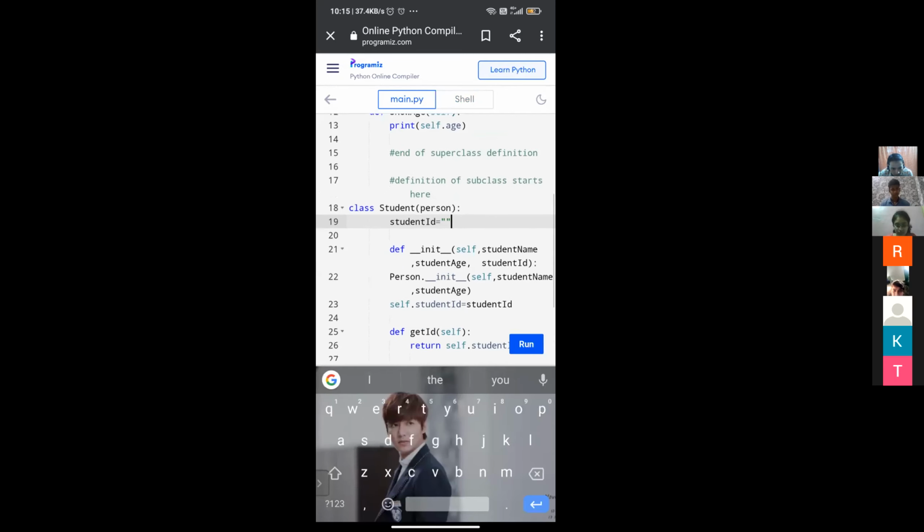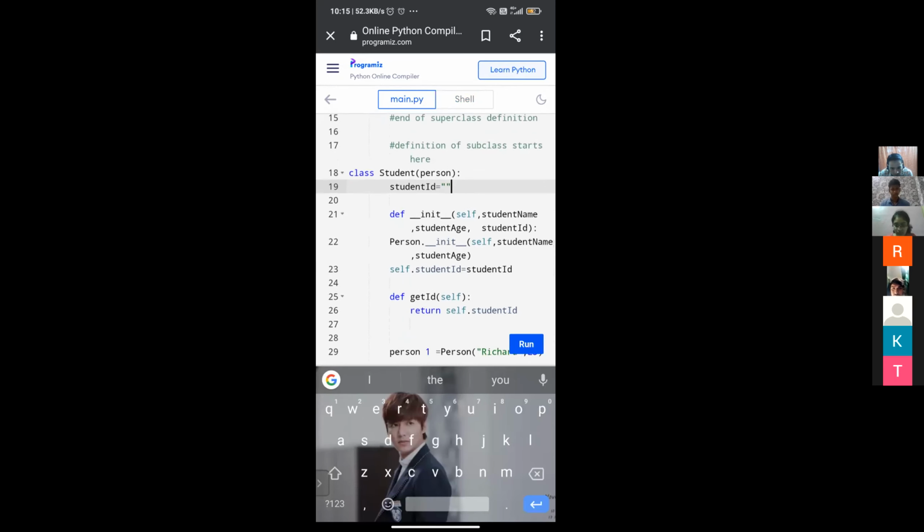See the line number 22. You can see there is a problem. After the colon, there should be an indentation, right?